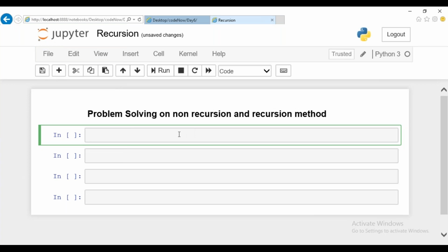Okay, guys, we'll start with recursion, non-recursive method. We'll take a scenario and we'll work first with non-recursive method. Then we can go ahead with the recursive method. First, let's start with the basic program which we know, that is nothing but factorial. Will you people write factorial program in a non-recursive method? That is nothing but general method. Just you can code it and you can put in my chat box.